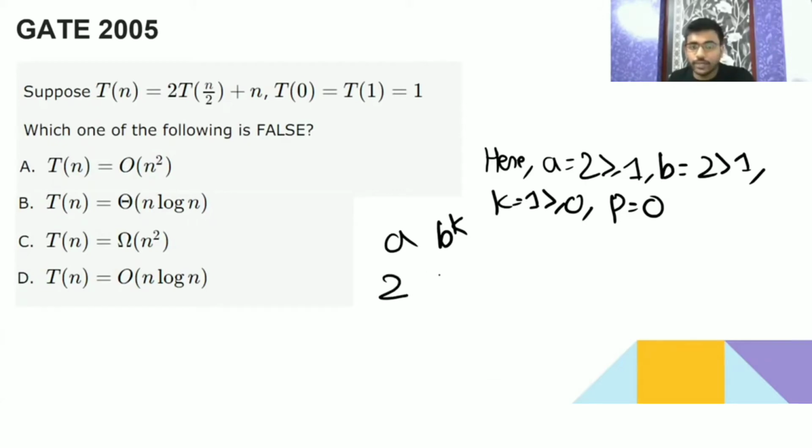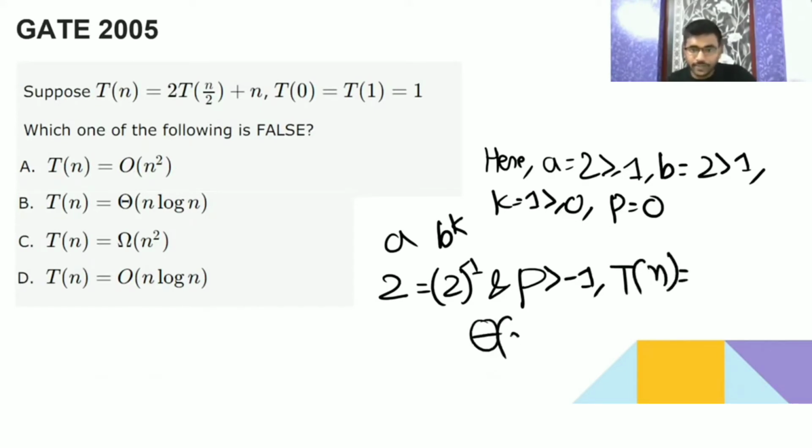A is going to 2 and B is going to 2. K is 1, so it is going to be equal, and P is greater than minus 1, because this is going to be the second case, greater than minus 1. Then Tn is going to be